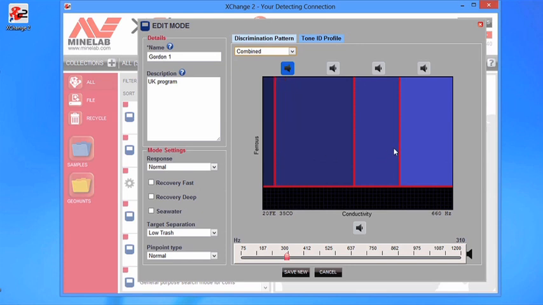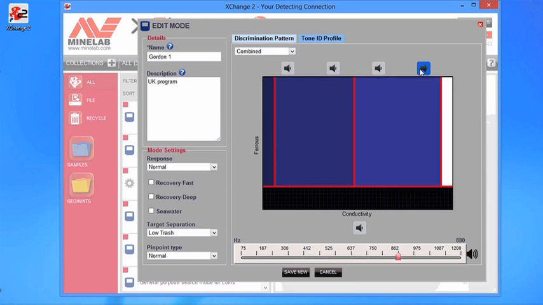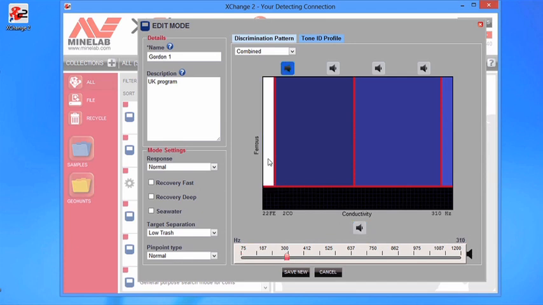You just grab the bars with your cursor, holding them with the button of your mouse, and then drag them to their new positions. Next, we are going to adjust the tones of the segments so they all sound different. Each panel has a speaker icon. When pressed, they play the tone of the corresponding segment. Each can be adjusted with a slider below. Left lowers the tone. Right raises the pitch.